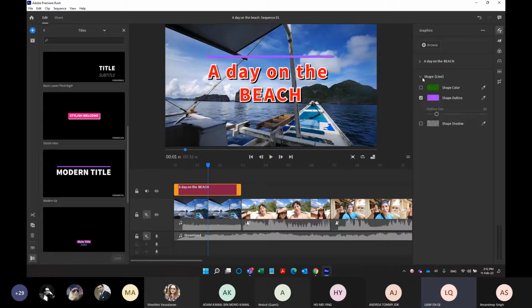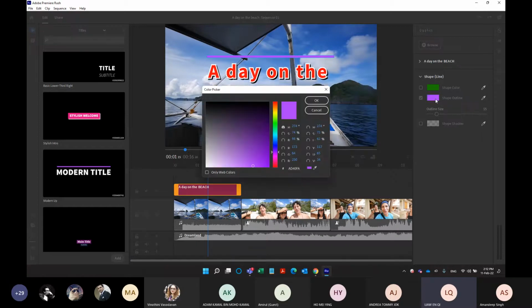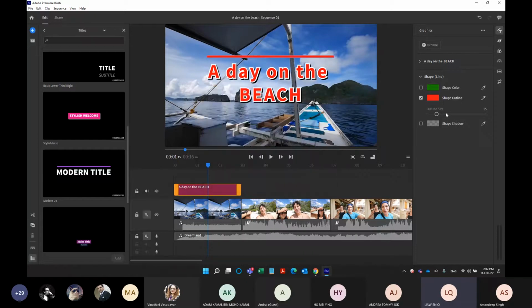And the second option was the shape to be customized. So you can change the outline. There's no fill color. So there's just outline. So maybe I don't really like this pink color. I want to match it to the red color that I brought in and just say okay. And that's my line color or the line size being changed. If I want to bring more colors, I can enable the shape color, or I can bring some shadow of the shape